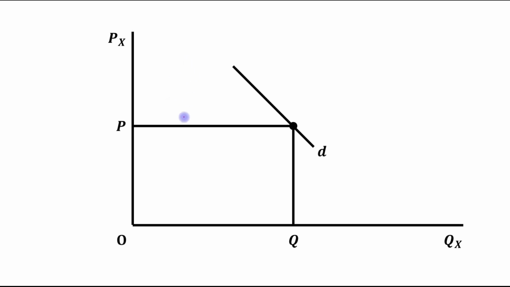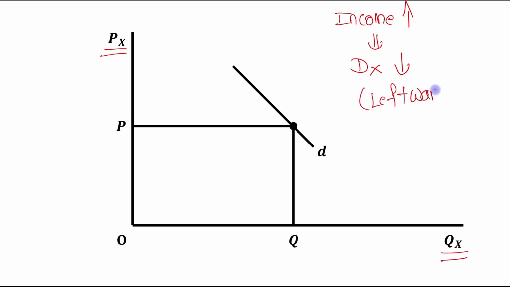तो अगेन ये डायग्राम हमारे सामने है. वर्टिकल एक्सिस पे हमने लिया है प्राइस ऑफ गुड एक्स, हॉरिजॉन्टल एक्सिस पे क्वांटिटी ऑफ गुड एक्स. इनिशियल प्राइस गुड एक्स का हमने एज्यूम किया है ओपी और इनिशियल क्वांटिटी डिमांडेड ओक्यू. ये है इनिशियल डिमांड कर्व फॉर गुड एक्स. अब अगर आपका इनकम लेवल इंक्रीज हो जाए, और अगर गुड एक्स एक इंफीरियर गुड है तो इस गुड एक्स की डिमांड हो जाएगी डिक्रीज. और जब डिमांड डिक्रीज होती है तो कैसा शिफ्ट आता है? लेफ्टवर्ड शिफ्ट.